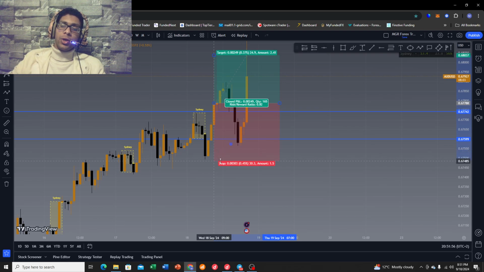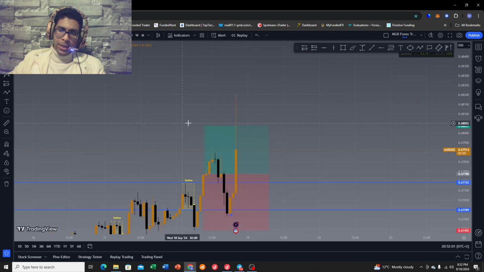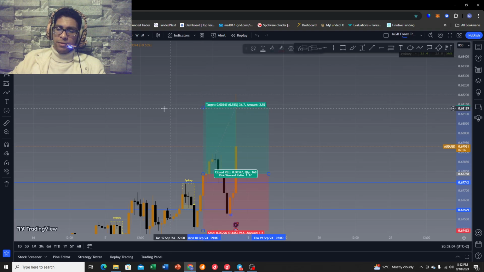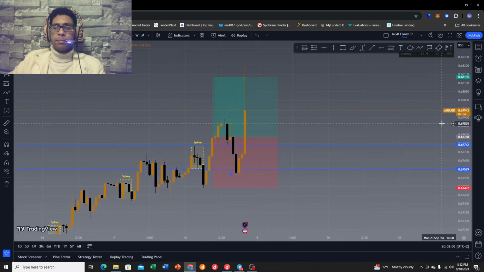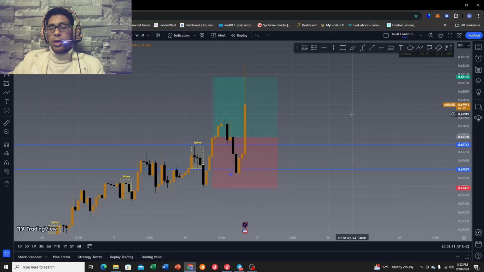This is not really part of the Asian range break and retest method of trading. I don't, of course, teach this. In fact, I did not send this trade opportunity out to the group, to my traders, because I know that is not part of the rules. However, I went ahead and took this position because I do have quite a bit of experience with trading fundamentals. Regardless of that, I decided it would be a good idea to take this position because I knew that